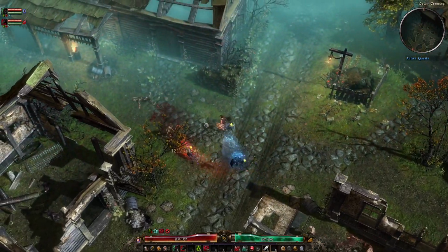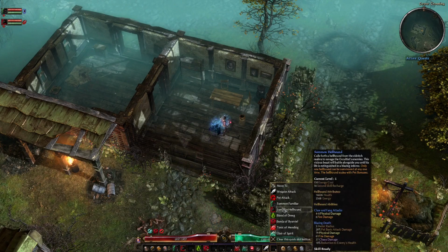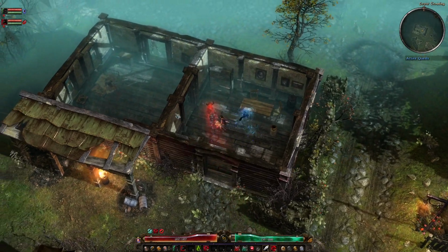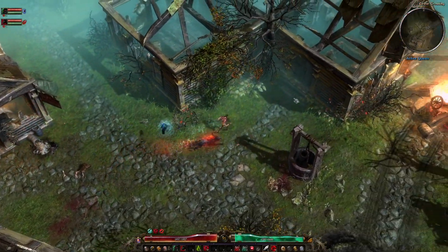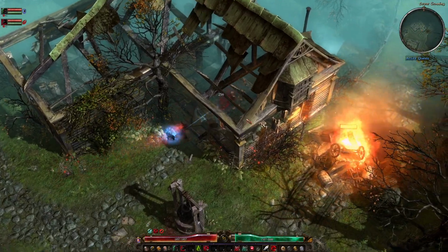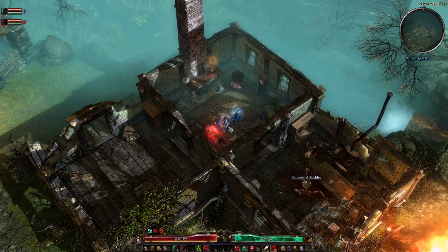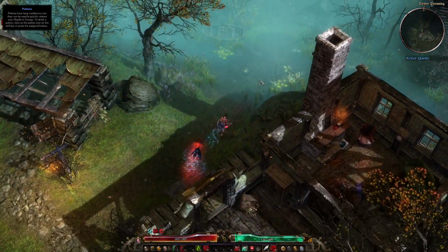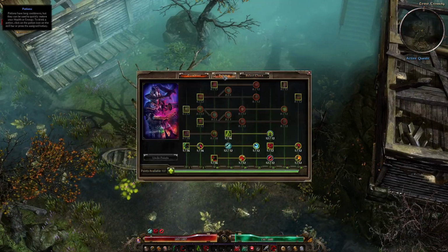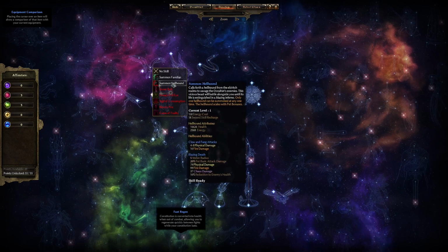Look at him go! Once again, let's get that so you can call him back if he's going too crazy. Look at that fly. Get in there, dog. Again, you can do the same sort of thing with devotions. So you could put that on him,